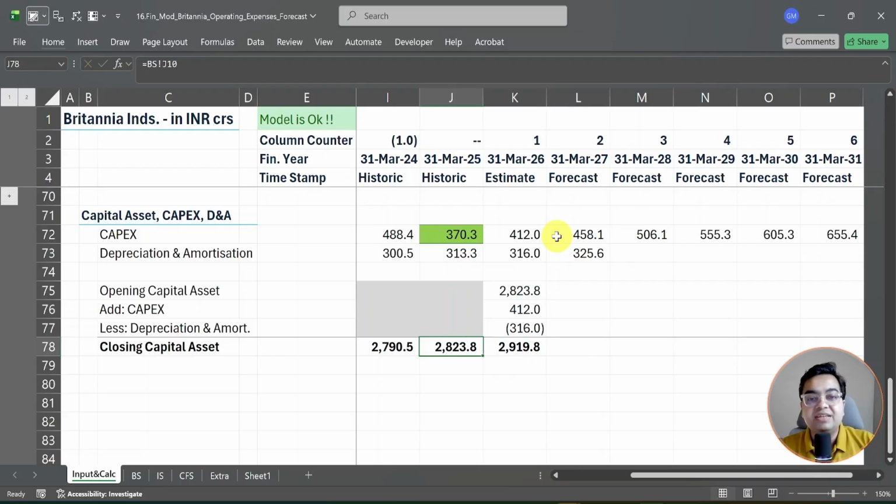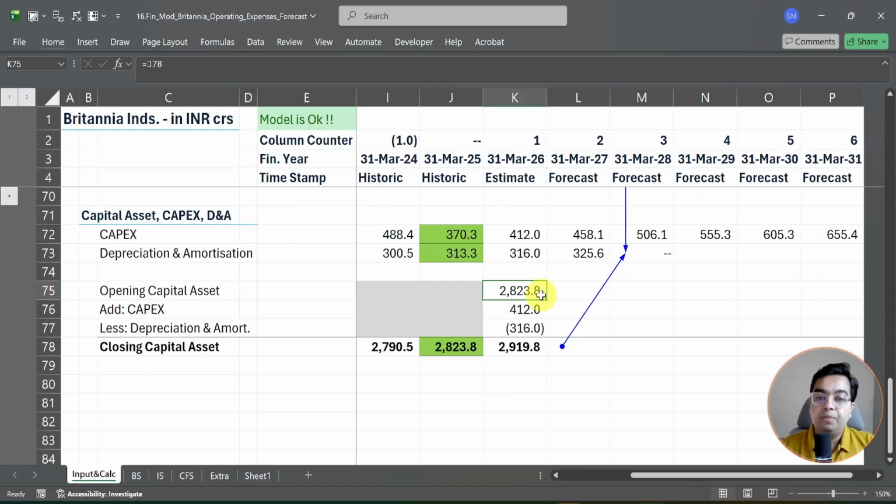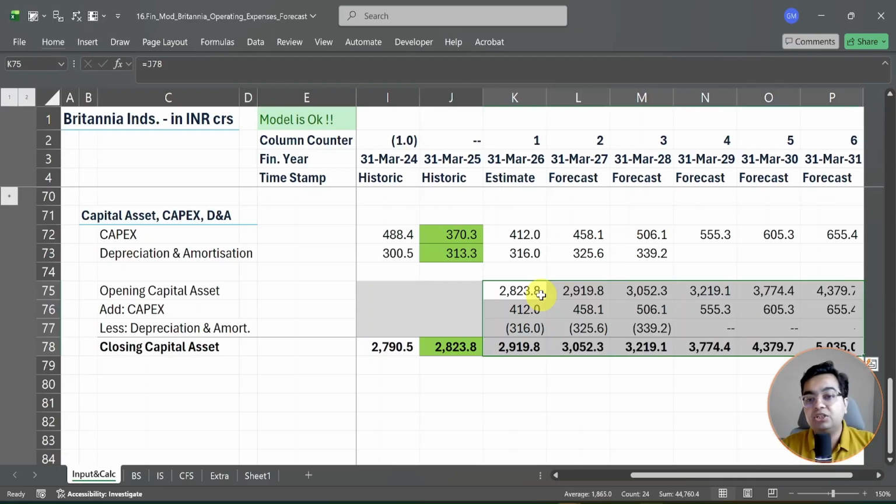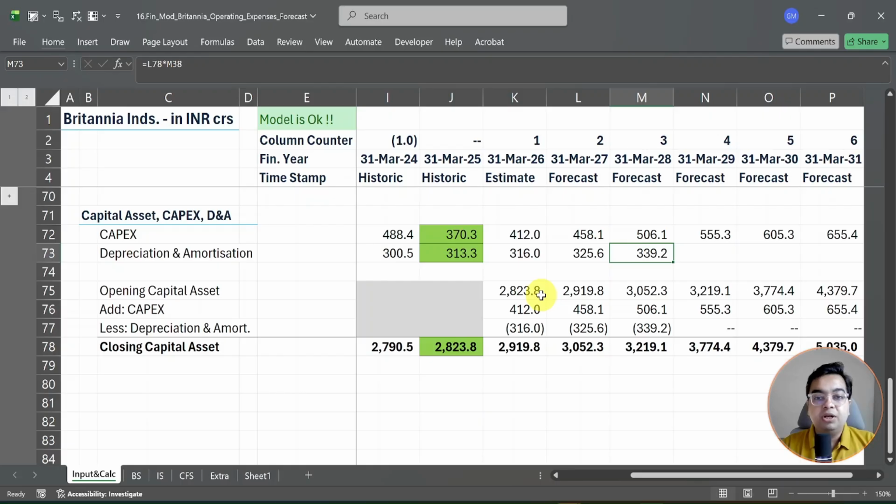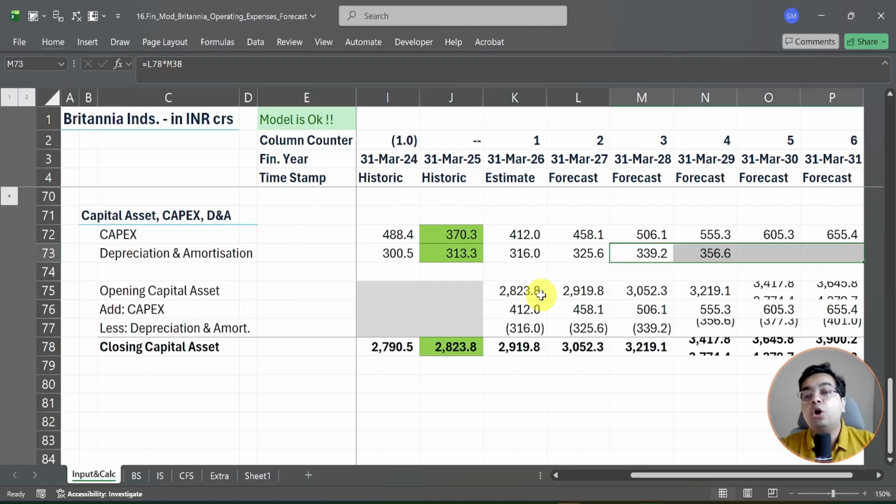So in cell number J78, I change the cell style to deviant. And I do the same thing for cell number J73 as well, to deviant. Now we have this depreciation automatically getting calculated in cell number L73. So basically, again, when I just copy this to right, you can understand this will again give us 0. So what we can do, I can just first of all copy everything from K76 to 78, and copy this right, and copy the same formula for depreciation amortization, and copy this right